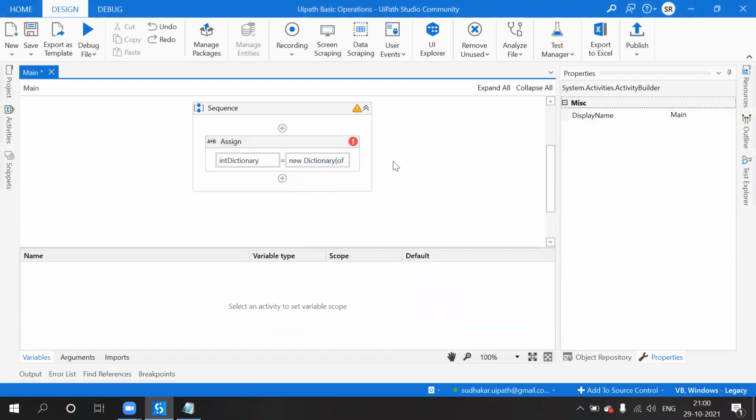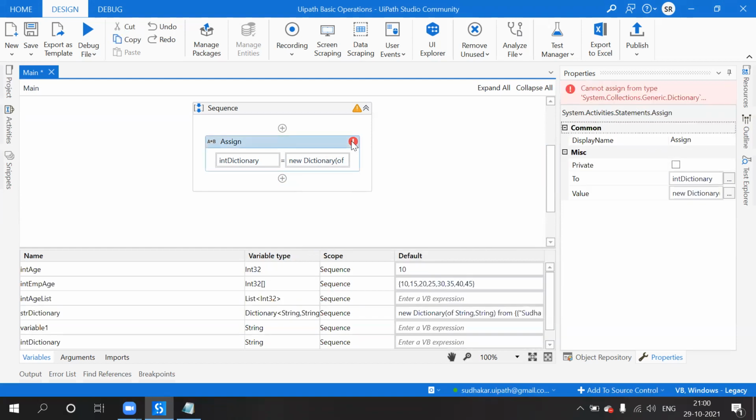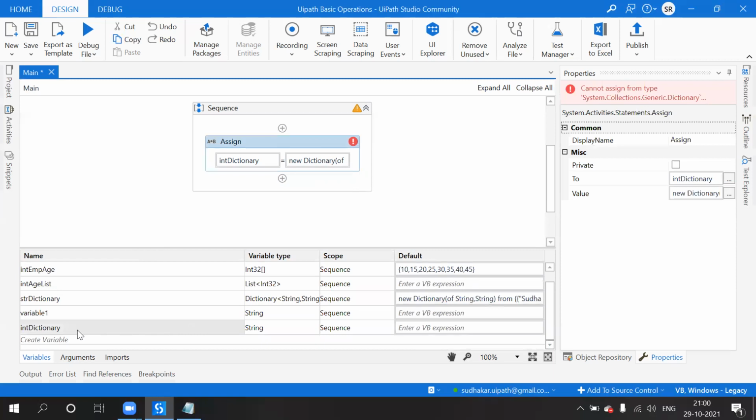Still we are having one more error. What is this? Cannot assign from System.Collections.Generic.Dictionary of int to System.String. For that, just come here. What is our variable name? Our variable name is int dictionary.